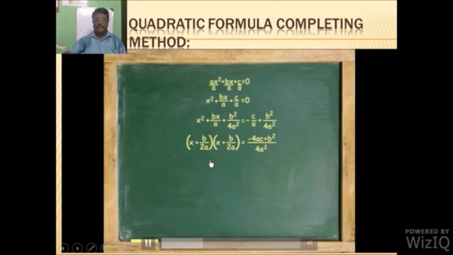Now verify the multiplication. x plus b upon 2a into x plus b upon 2a. x square you are getting, b square upon 4a square you are getting. Then this calculation, that is b upon 2a plus b upon 2a, multiplied by x. So that will cancel 2 and 2. You get bx upon a. So you are getting the answer is correct. Right hand side, you get an LCM of the denominator. 4a square is the LCM. That will be shown here now.